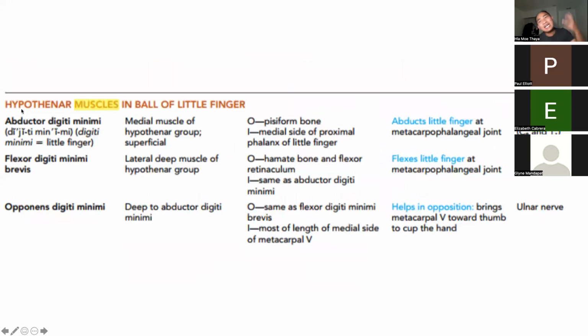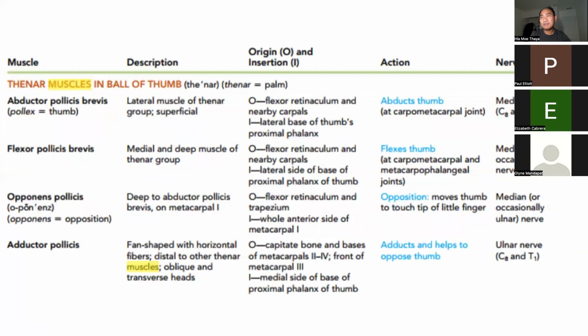Hypothenar muscles, the same. Not a big deal, guys. So abductor digiti minimi, flexor digiti minimi, and opponens digiti minimi. Everything is the same. And for the thumb: abductor pollicis brevis, flexor pollicis brevis, opponens pollicis. We only have adductor pollicis. Of course,